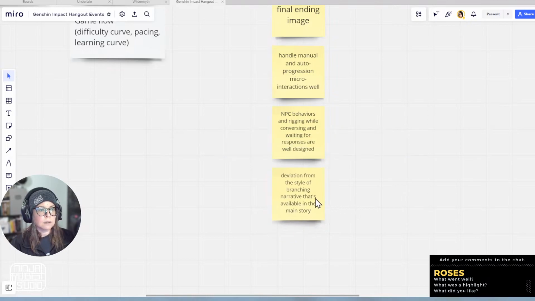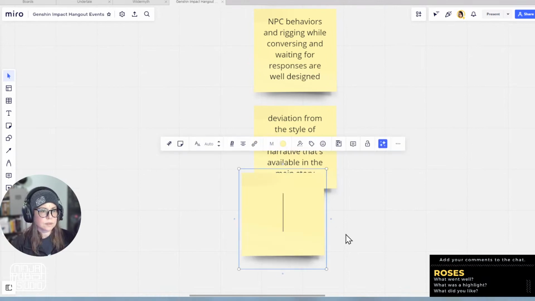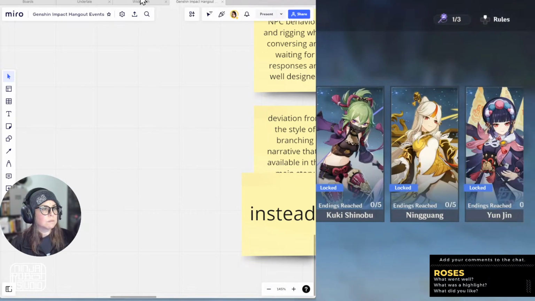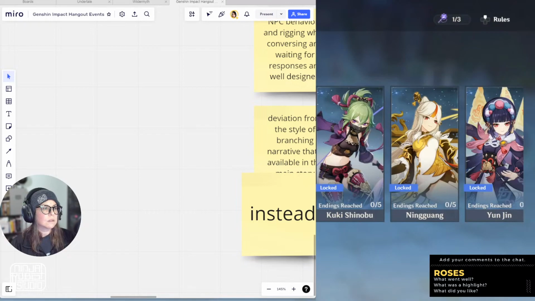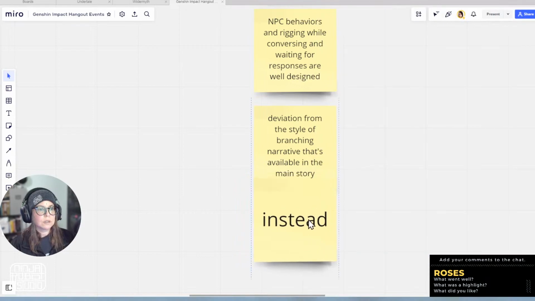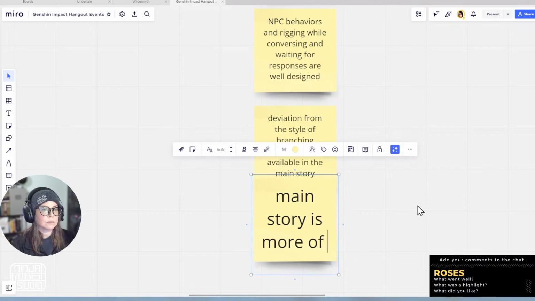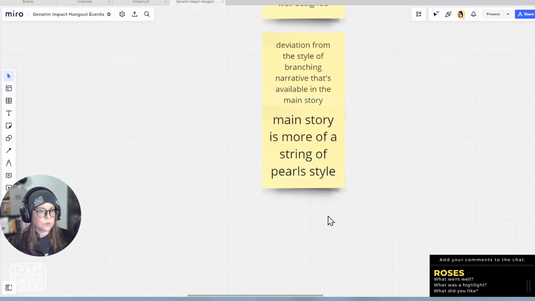That it is instead of... what was that type called? Quick map of many endings. Wait, what was the other one called? It's String of Pearls. Main story is String of Pearls. A pearl style. And then this one is